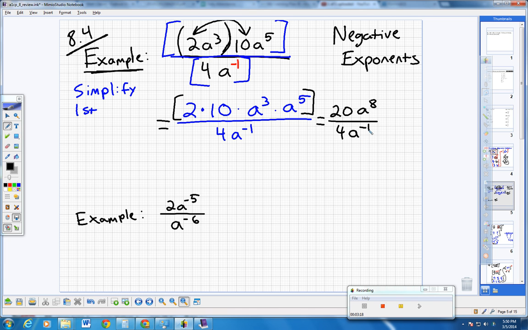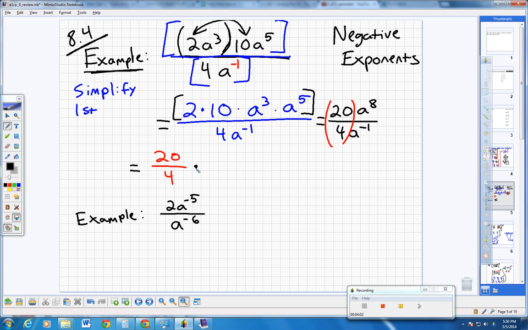And it's at this point right here where I can see, you know what, it's time for us to go our separate ways. No, not me and the students. I'm talking about this rational expression with exponents. I see that there's numbers right there, and we can break this up. We can break it up because we are dealing only with multiplication and division. So I can look at that quantity, as I write smaller, as 20 over 4